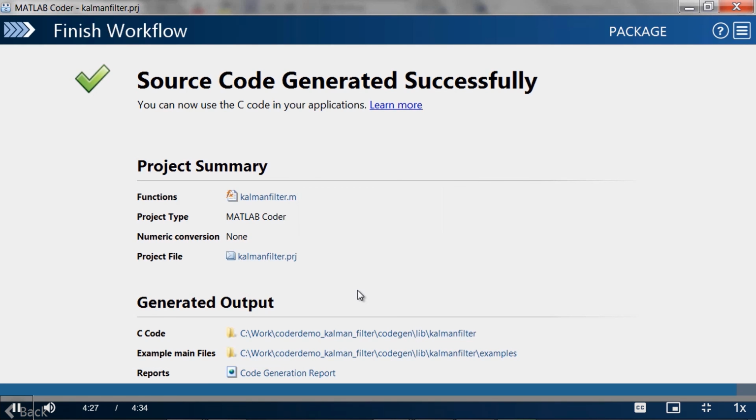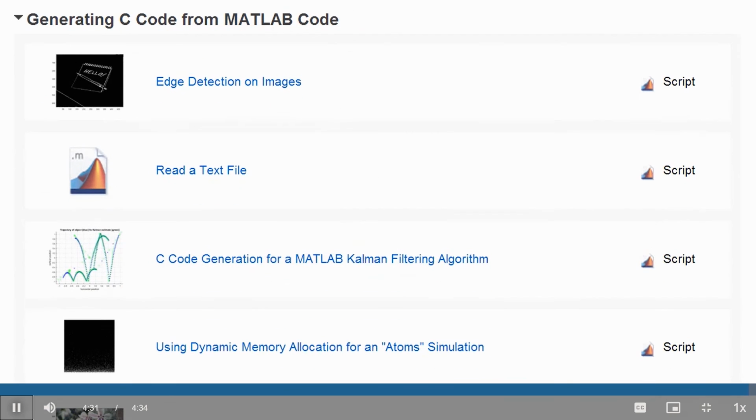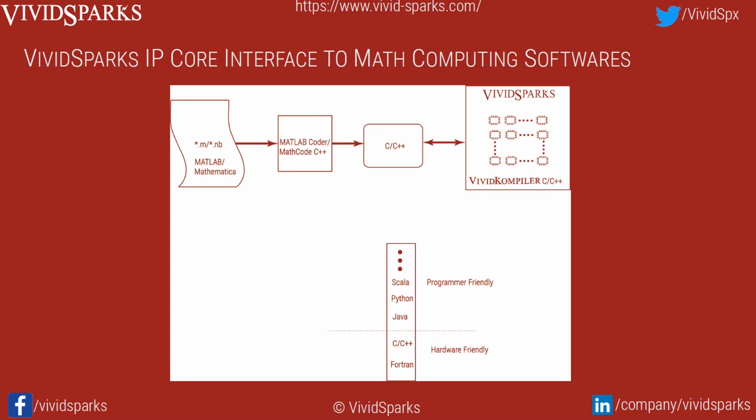This was a quick overview of generating C code from your MATLAB code. Take a look at our documentation for more examples and other details. Yeah, so that's about MATLAB. So in case of